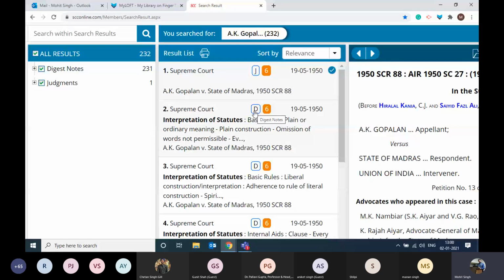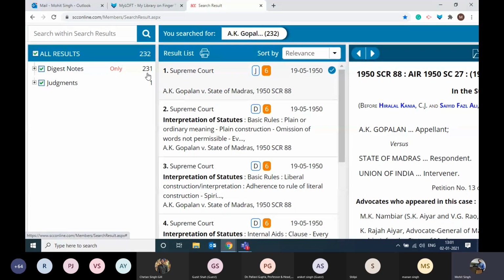Now what are digest notes? Focus over here on the left hand side. Judgment is obviously one, but there are 231 digest notes present along with the judgment. Now we all know the importance of the head note, right?